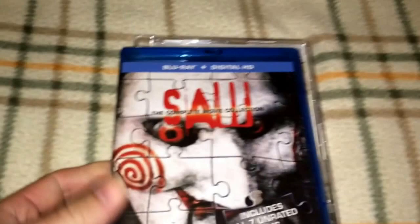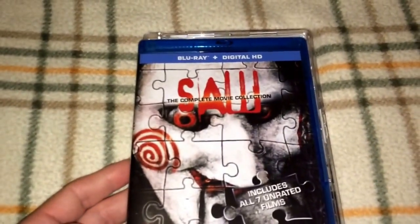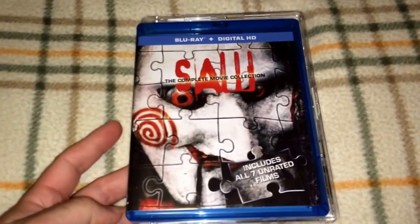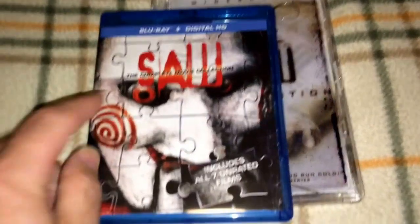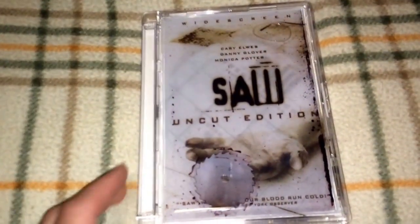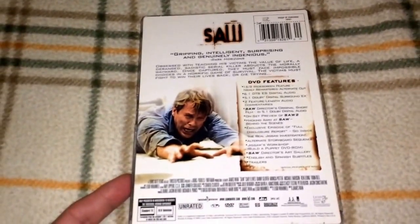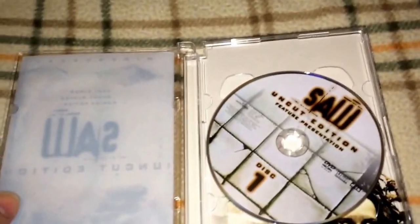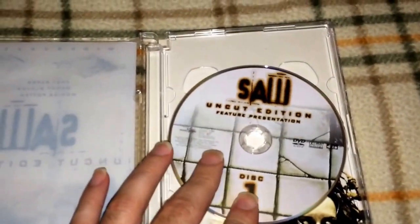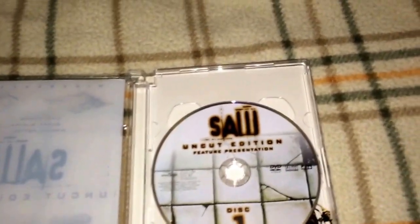So my next choice here, this is number 7, and this is for Saw 1. This Blu-ray here is the complete collection, but I'm only going to show off Saw 1 today. And I think Saw is a modern day masterpiece. I mean, the first Saw is phenomenal. It has a pretty good shock effect to it. I mean, there's a twist ending to it, and you know, I think